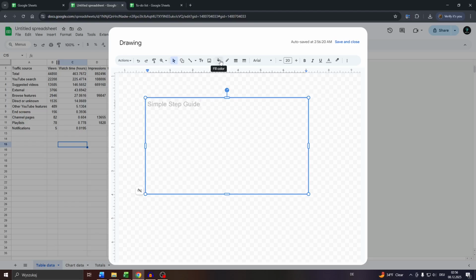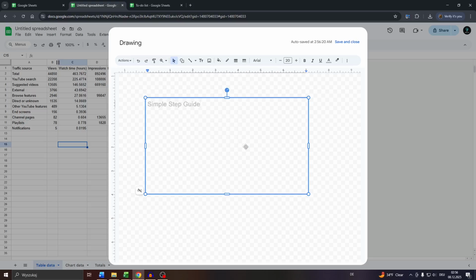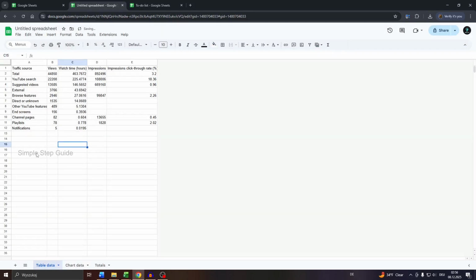And now, guys, you can add your text watermark to your document by clicking into Save and Close here. So now you can move it along your document by left-clicking into it. You can, for example, resize it. You can, for instance, let me just make it a little bit smaller. Just like that, and you can move it around here and simply position it somewhere here in your spreadsheet,